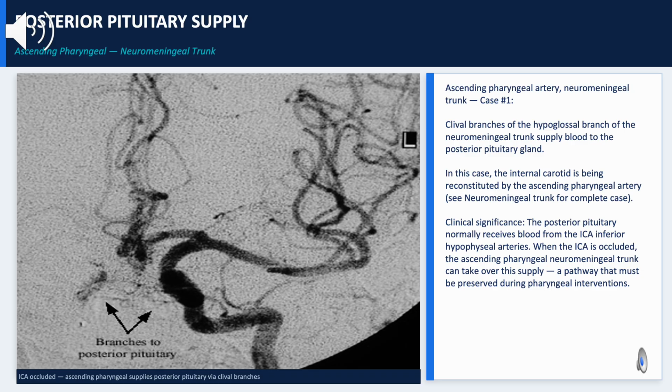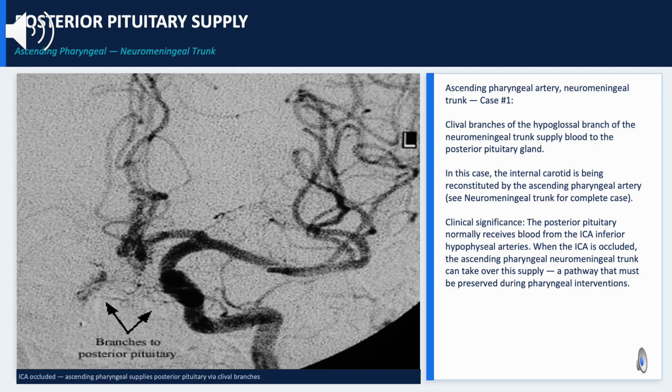The posterior pituitary gland has a dual blood supply. The ICA inferior hypophyseal arteries supply the neurohypophysis, posterior pituitary, under normal conditions. When the ICA is occluded, the clival branches of the hypoglossal division of the neuromeningeal trunk from the ascending pharyngeal artery can take over this supply, as demonstrated in this angiogram, where the posterior pituitary is opacified from the ascending